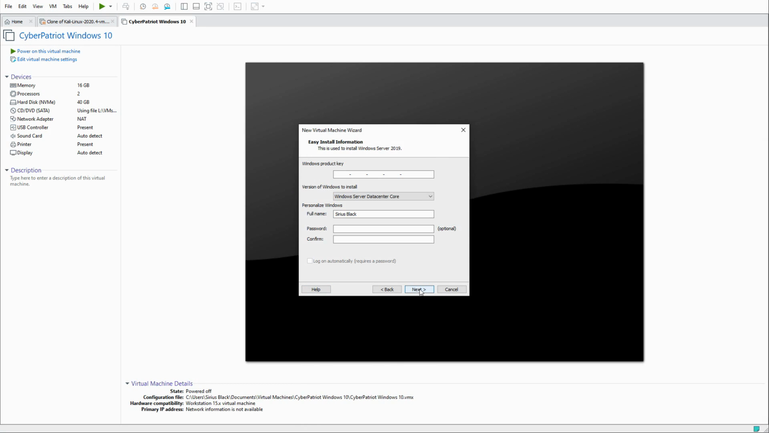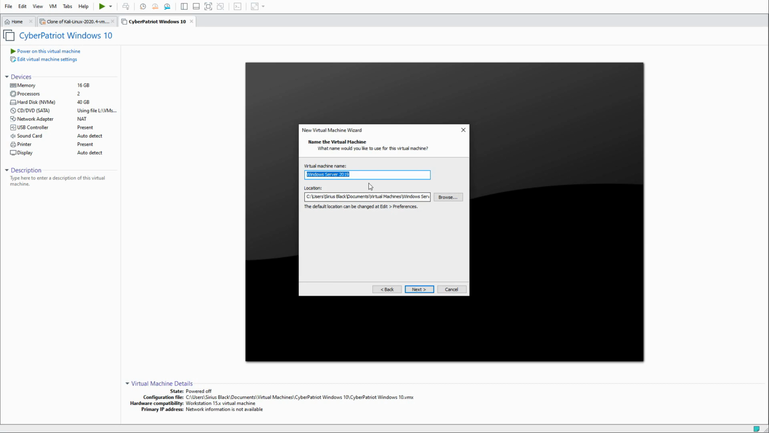And it wants a product key. You don't necessarily have to have that product key. So we're going to click Standard Core and then click Next. Windows will install without one, but must be manually activated later. Yeah, sure. Right, Windows Server 19, we're going to say